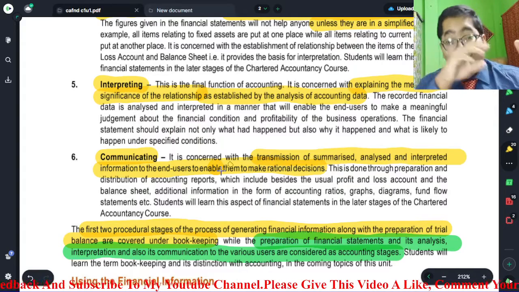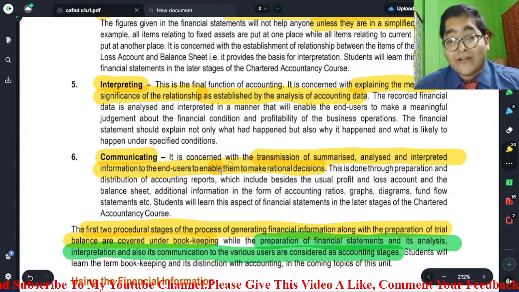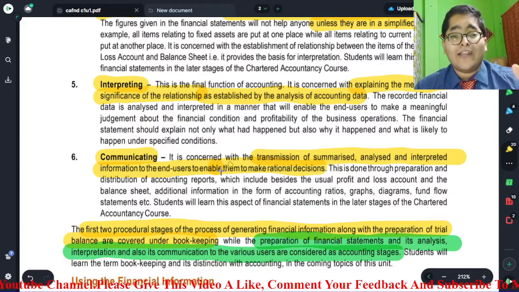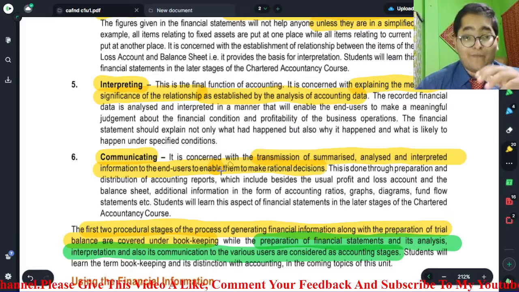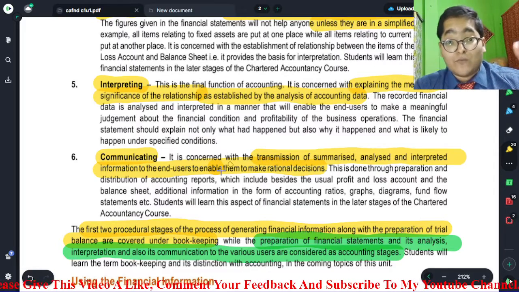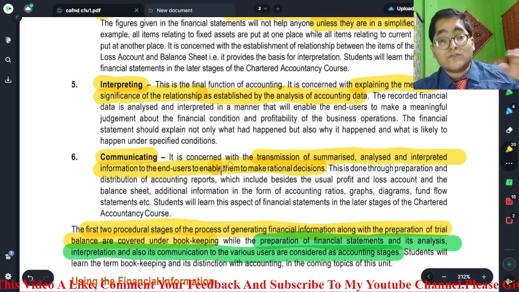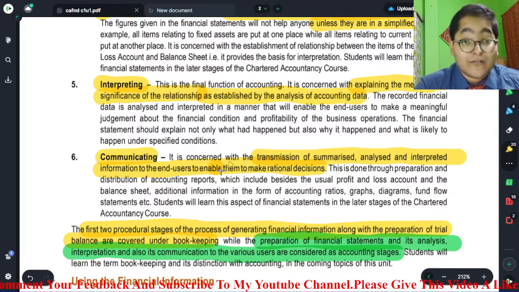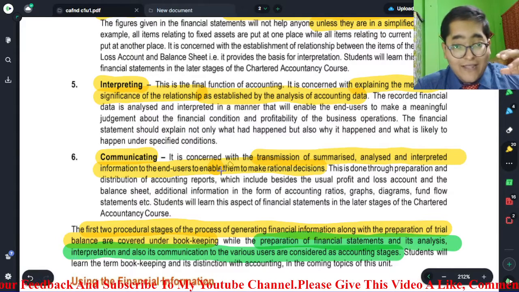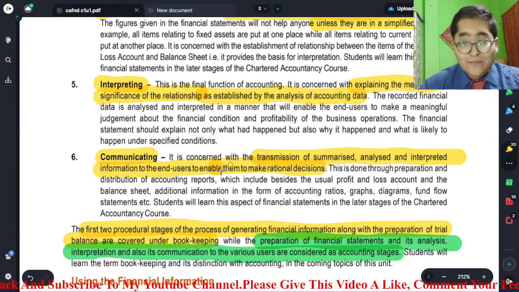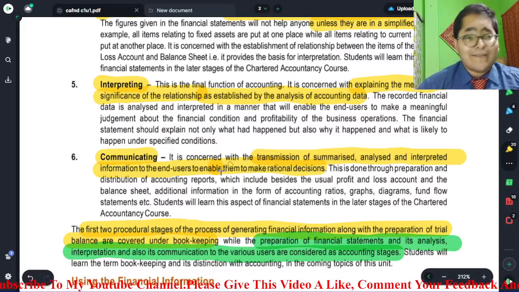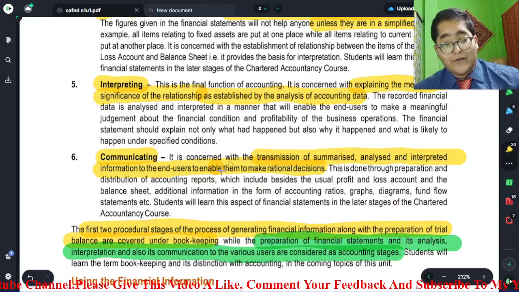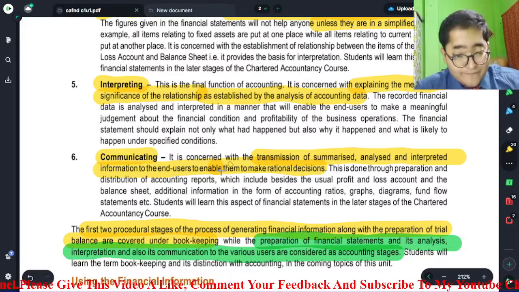What is an expense? What is an income? What is the profit? What is the loss? What is the purchasing price of any inventory? What is the selling price of the inventory? What is the storage cost? What is the cost incurred for storing or keeping the goods safe? What is the rent paid for the business area where the entity is doing the business? What are the salaries or wages paid to the employees? We need to interpret it.